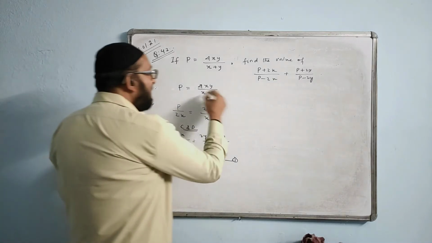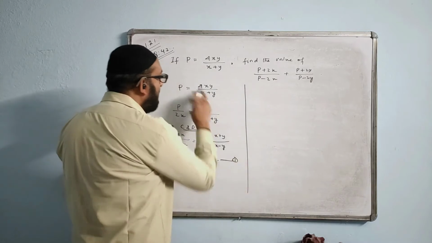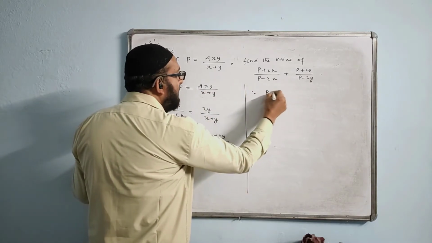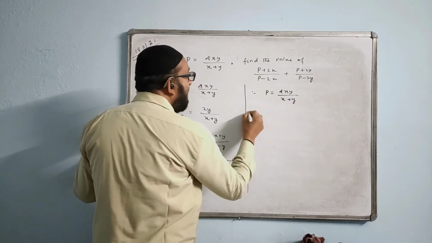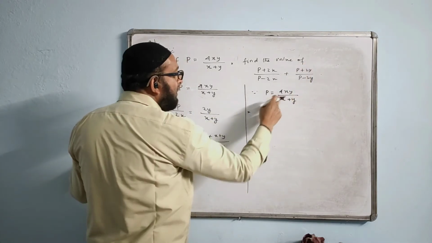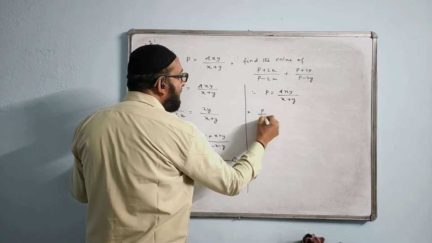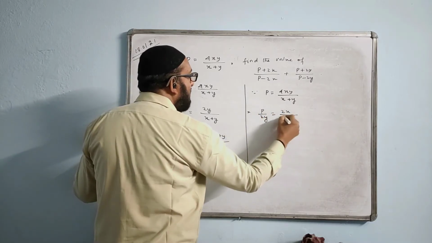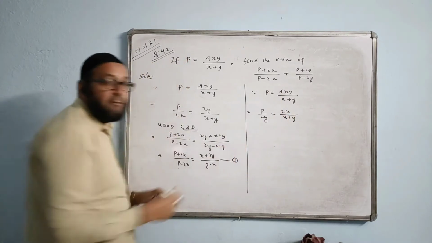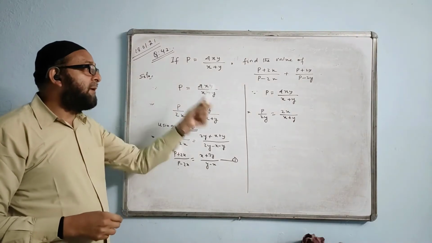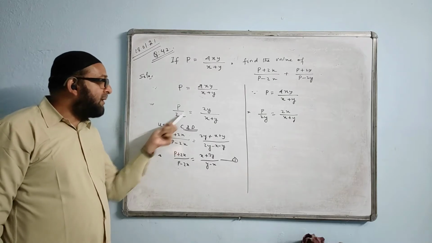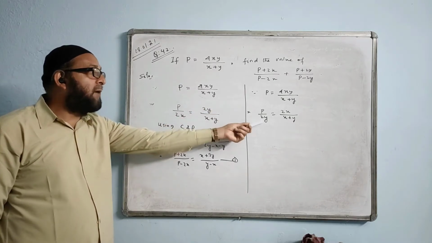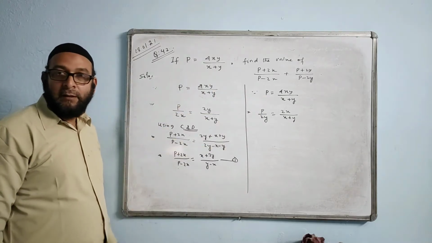Now, once again I write the thing. You can draw a line and copy once again the thing given. Since p is equal to 4xy by x plus y, now with p we want 2y. This time bring 2y down here, p by 2y, and keep 2x over here. Same as this one: I got 2x here and 2y I left there; now 2y over here and 2x I will be leaving there.